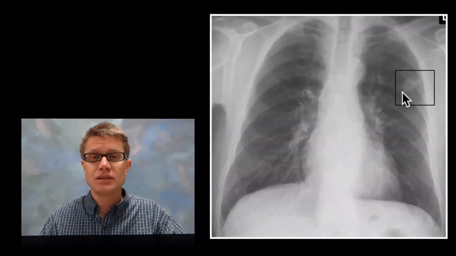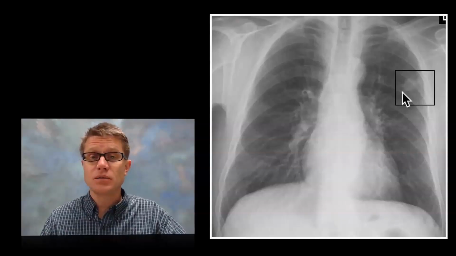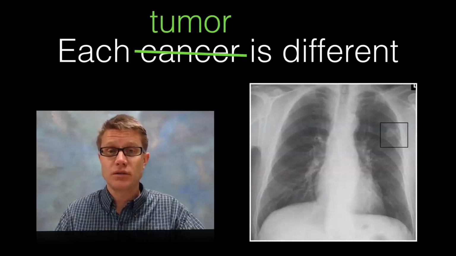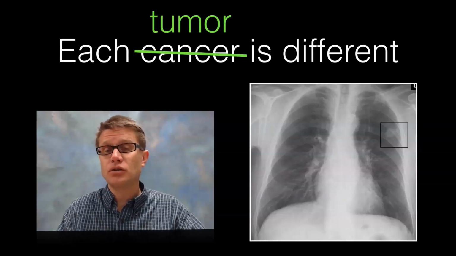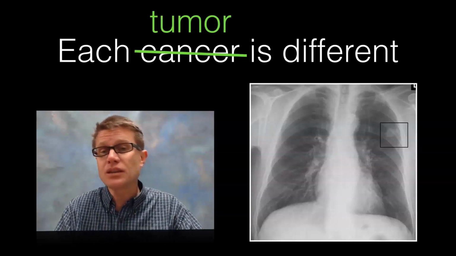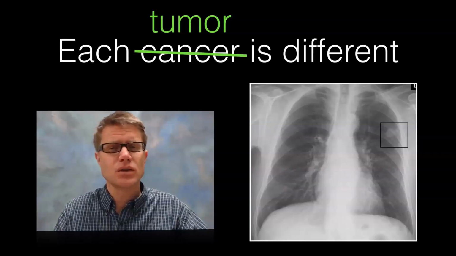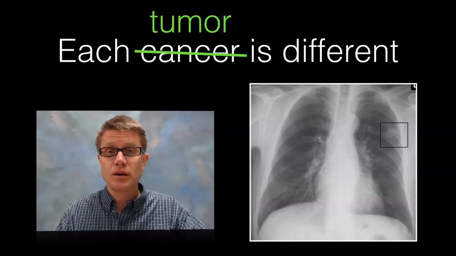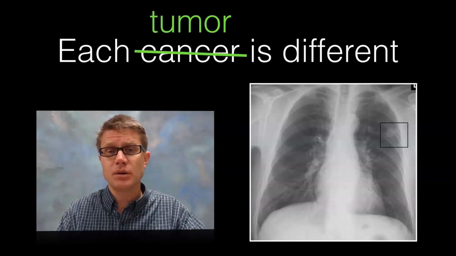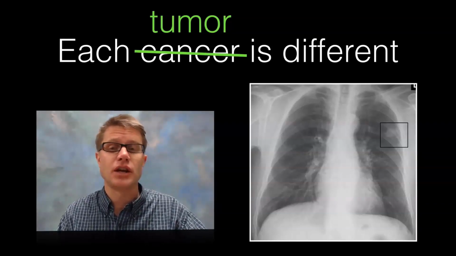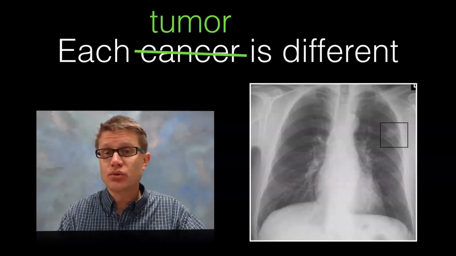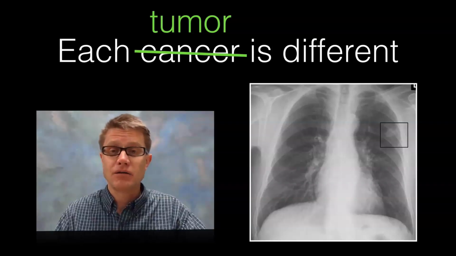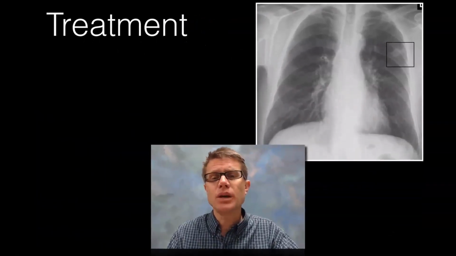And what we're finding is not only are all these different types of cancer different, but each of those individual tumors are different. And between two people, those tumors are going to be different. And even within the cells of the tumor, they're going to be different. So what does that mean? Well, even though we might treat one tumor, we're going to find that within that tumor, there are going to be different cells. Each of those have different genetic problems. And so we could treat most of the tumor, remove most of it, but it's going to come back eventually over time.